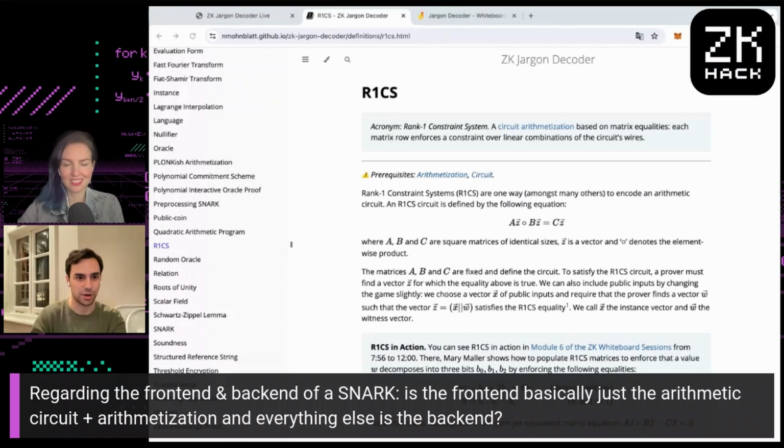And what is it to be snarkable? Each SNARK has a different format, let's say. You can use R1CS as a format. You can use AIR as a format. You can use whatever. The backend is, once the proof system is given this filled up circuit or this filled up AIR or this filled up R1CS, prove it. So front end is sort of arithmetization. Let's say I write a circuit in Circom. I use the Circom compiler. That's the front end. The output of that compiler can now be sent to a backend, a proof system.